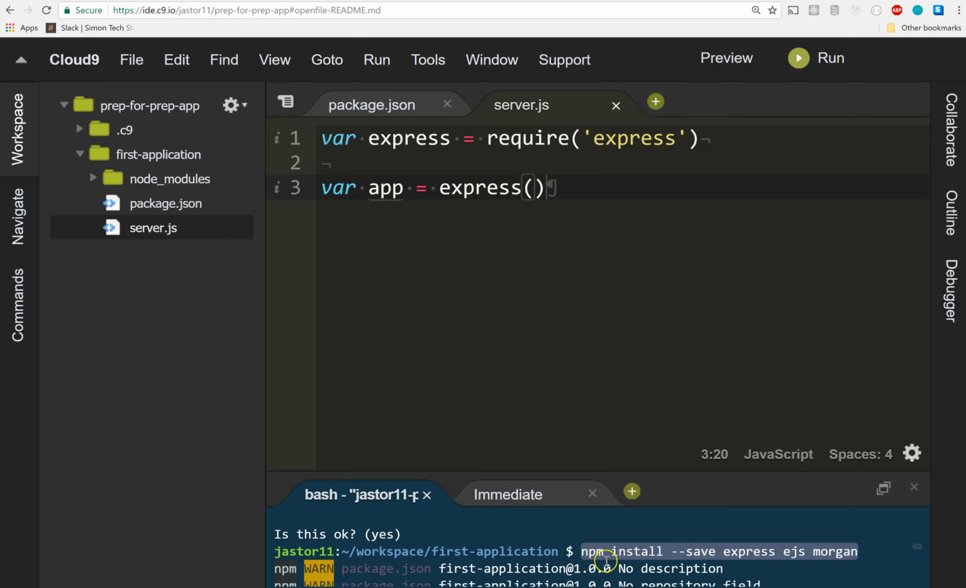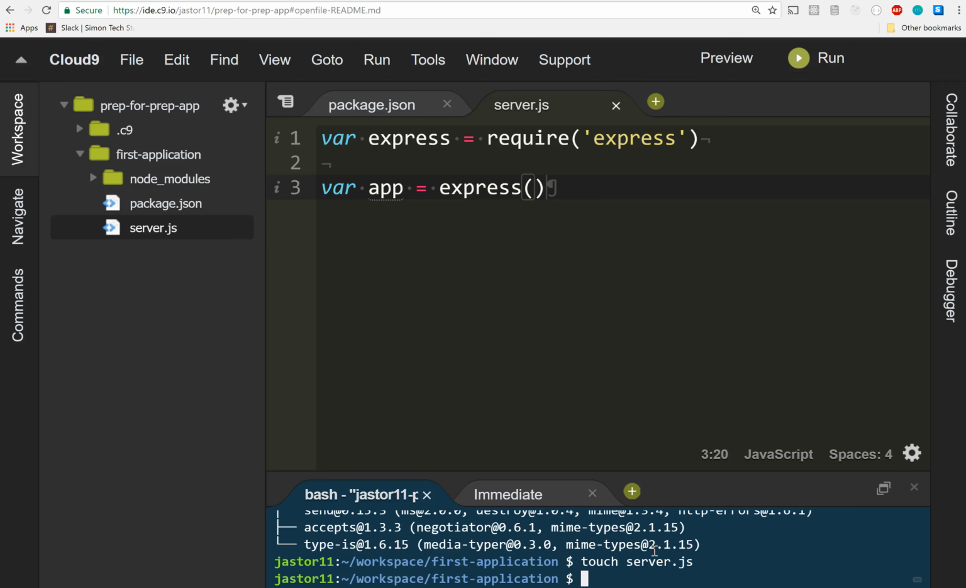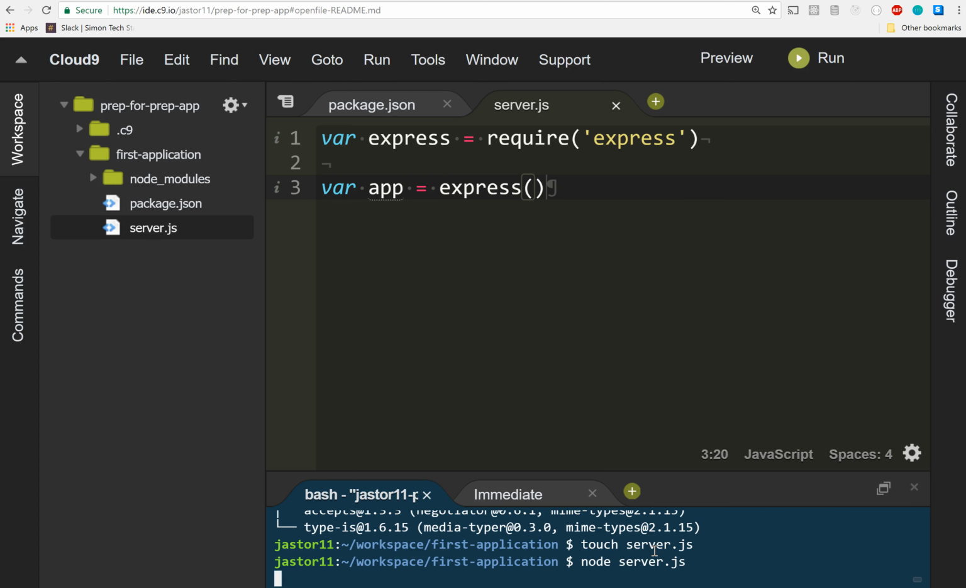Now you'll notice that even if we run this file, node server.js, nothing will happen because it creates an app using the express function, but it doesn't do anything with that app. We haven't told that app to do anything yet. Now, fortunately, behind the scenes,